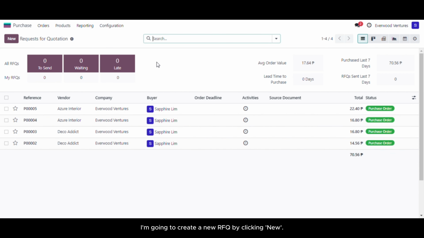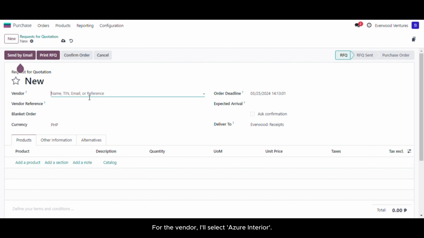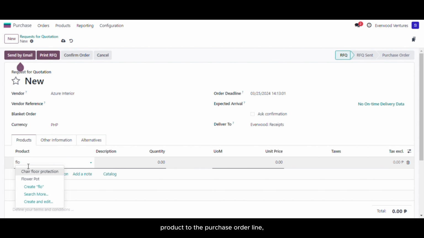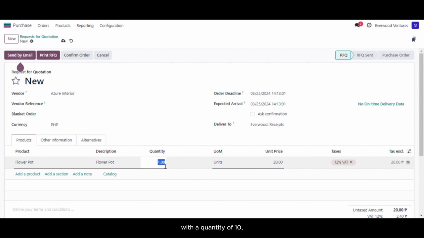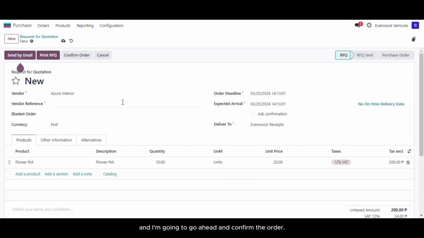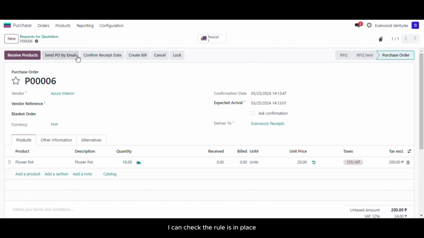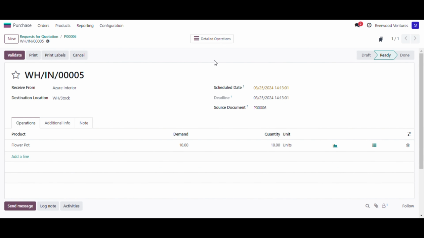I'm going to create a new RFQ by clicking New. For the vendor, I'll select Azure Interior. Then, I'll add the flower pot product to the purchase order line with a quantity of 10, and I'm going to go ahead and confirm the order. Once I confirm the order, I can check the rule is in place by clicking the Receipt smart button here at the top. In the receipt itself, in the destination location field, I can see that the flower pots will arrive at my parent location,